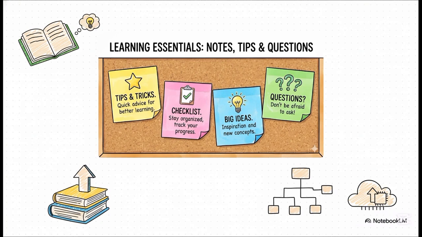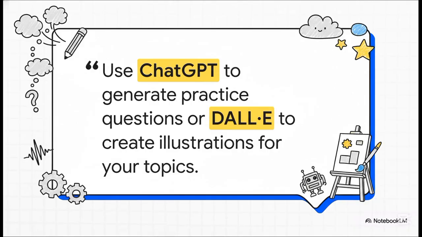So, what kind of content can you make? The ideas are just plenty. You could share short summaries of your lessons, give powerful tips for exams, create step-by-step guides for those really tough problems, or you could even point out the common mistakes students make and show them how to avoid them. As long as you're giving them something valuable, you're on the right path. And remember your new assistant, AI? Well, it can be your creative partner here. You can just go to a tool like ChatGPT and say, "Generate some practice questions for my students on this topic," and boom.